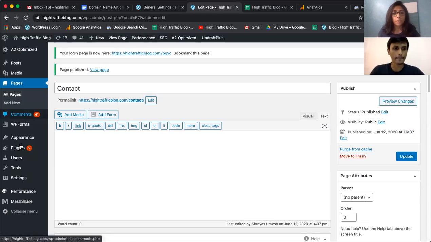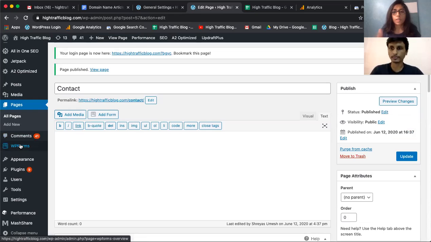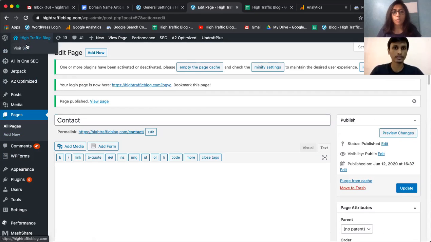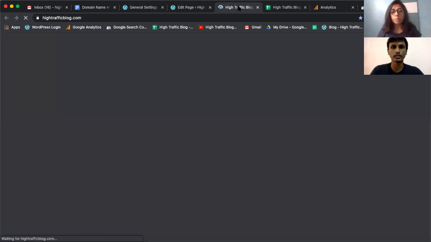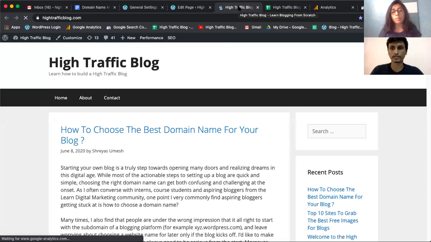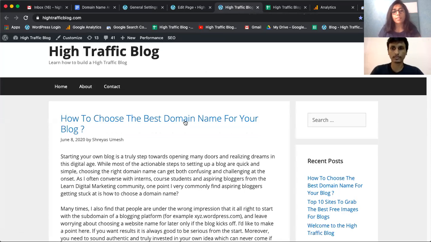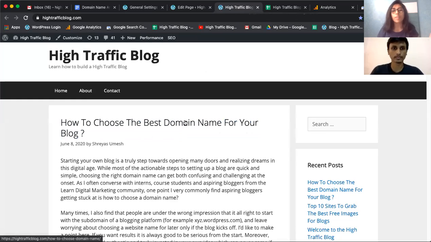And before we actually put in the menu, let's just open the blog also, so that people can see exactly how it comes, because technically it will show up here. The reason why we are making a menu is, say for example, you've created a privacy policy page, or you want to add something under your home page, or say your about page.